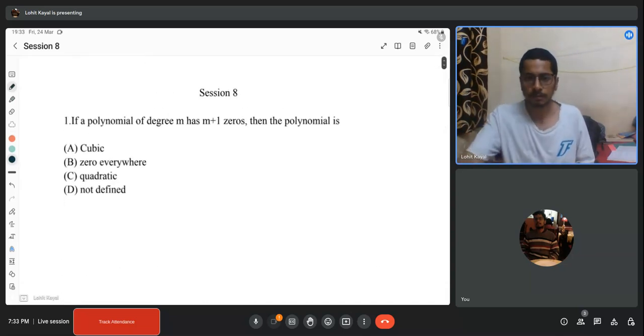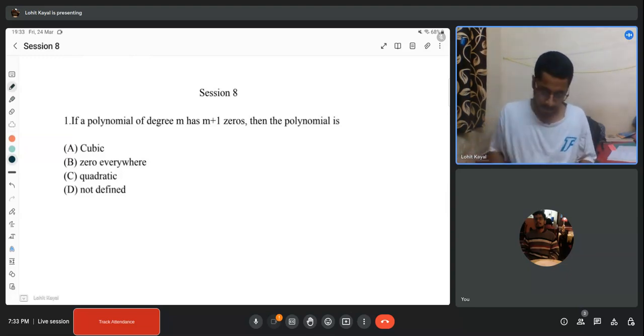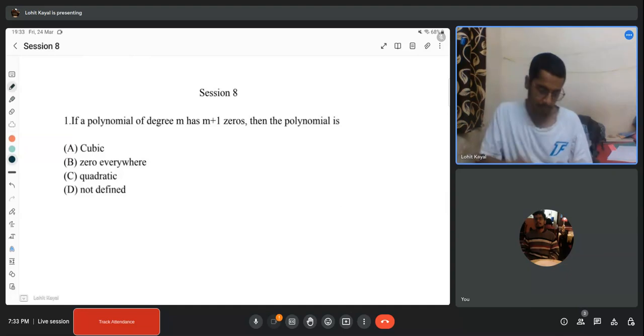Okay. So this first question is a conceptual question. It says that if a polynomial has a degree of m and has m plus 1 zeros, then the polynomial is, you need to find the correct answer. Now let us take a simplified example because this m is a general number. So let us take n equal to